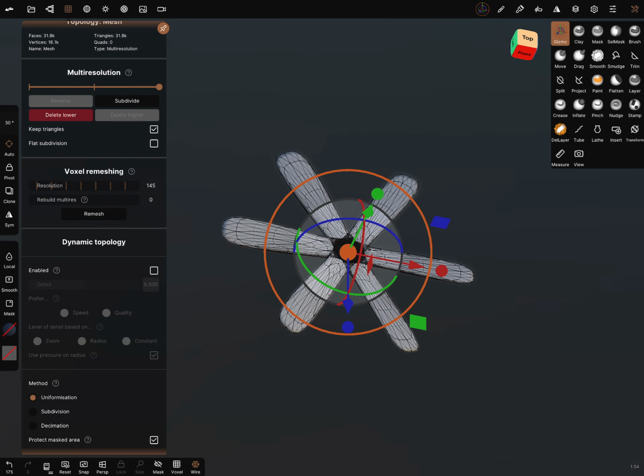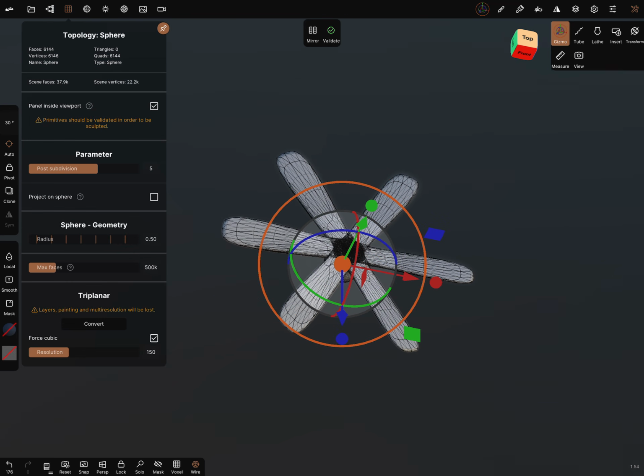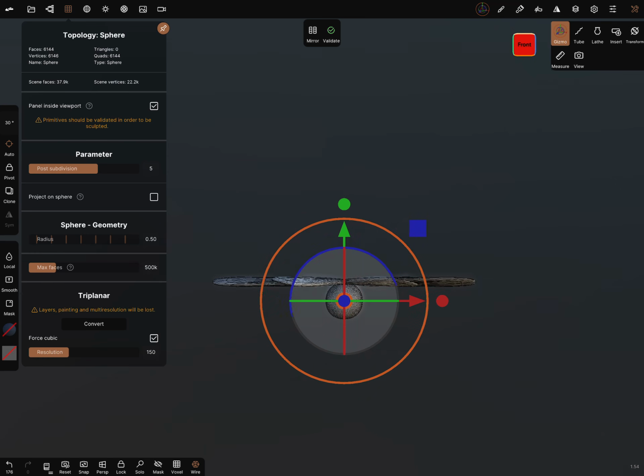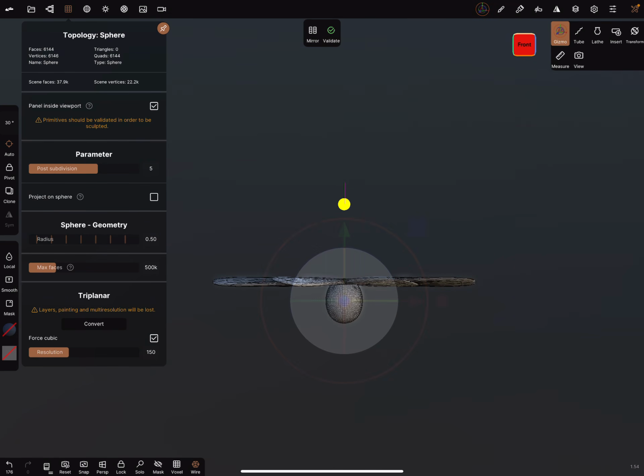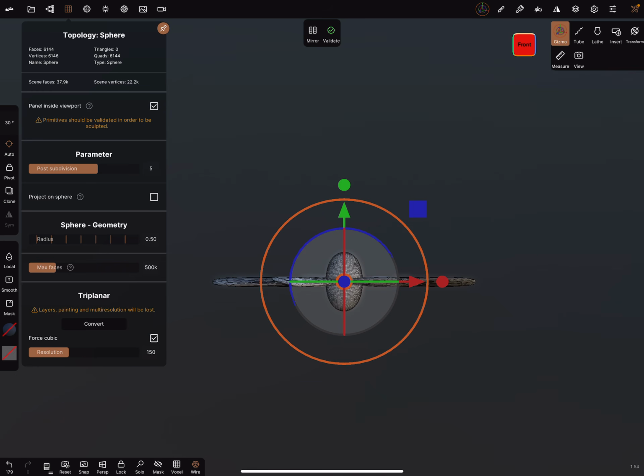And now we add a sphere, front view, change it like this, bring it up. Go to the solo view. We can reduce the subdivision.